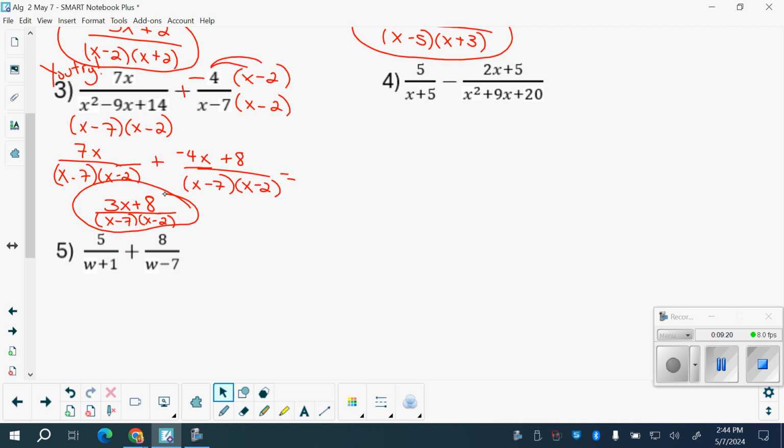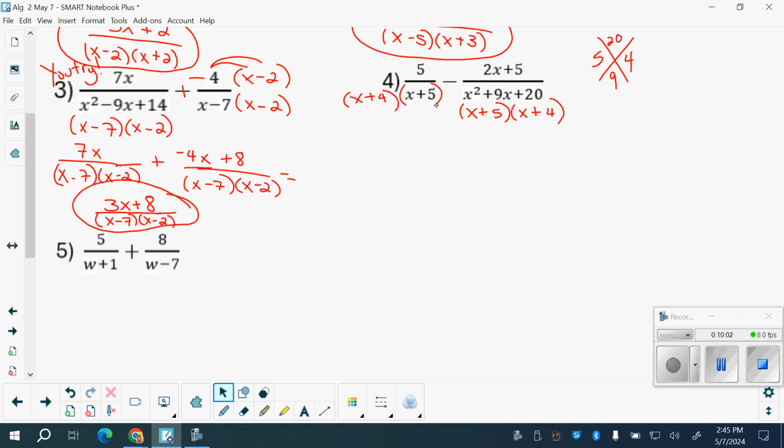So what do we do first on number 4? Factor this. So we're going to use the x. What multiplies to 20 that adds to 9? 5 and 4. So Frankie, what's in this denominator that's not in this one? So we're going to multiply this by x plus 4, and at the same time,